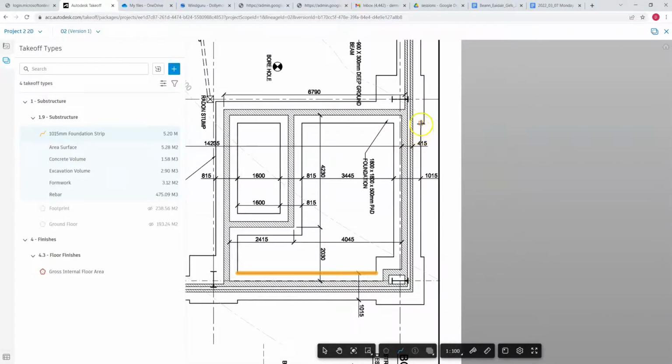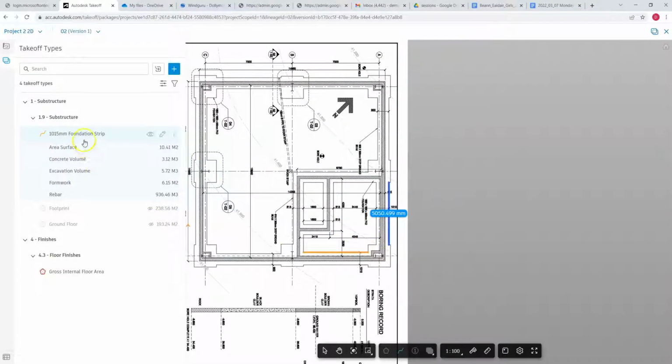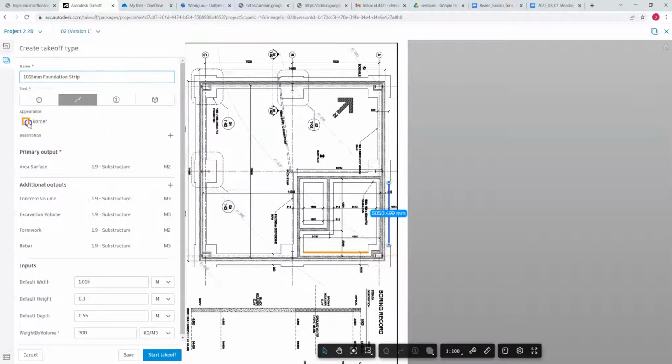And then there's this one here. Okay, now that's pretty straightforward, right? Or hopefully you followed me there. Now, once I've got that set up, there's two other types of foundations. There's the 900 wide, and then there's the 815 wide. So let me just click the three dots, duplicate that, change the color, always important when you're duplicating something. Change the name, even more important. 815, and then everything can stay the same except change that obviously to